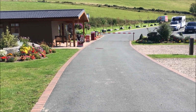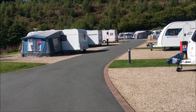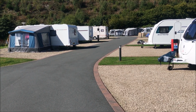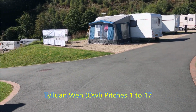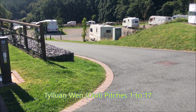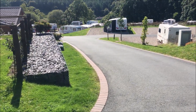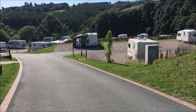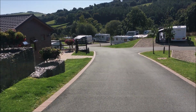As you come through reception, you either drive straight on to the top spine with the caravans, or you turn left, and that'll take you down onto the other levels. There's the second level on the right. On the left you've got your